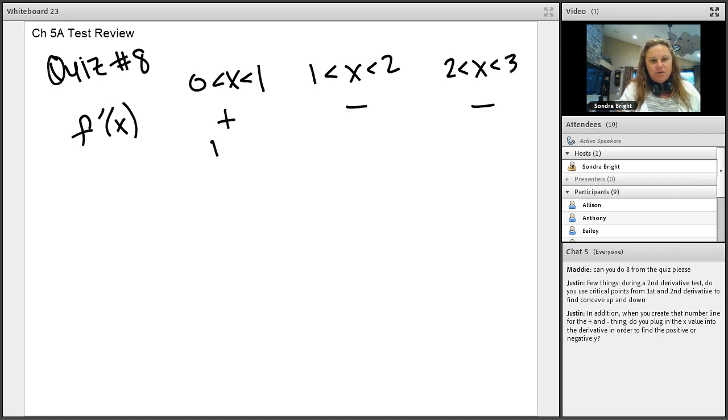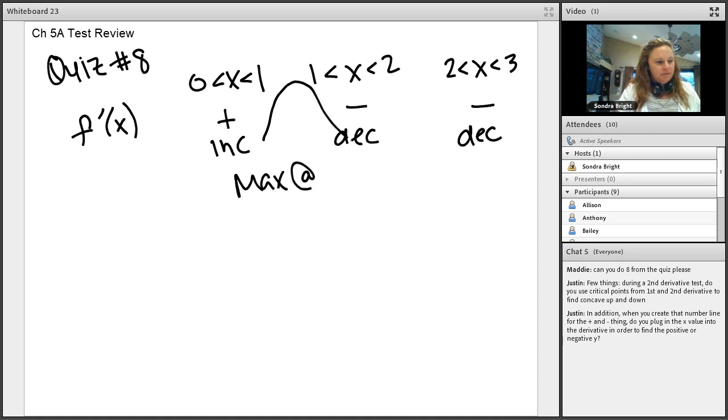So that means that the graph will be increasing here, decreasing, and then decreasing. And so that means here you're increasing and then decreasing, which means that you have a max